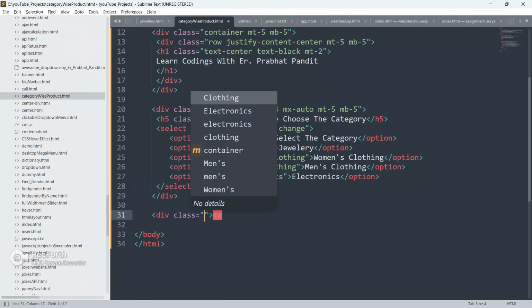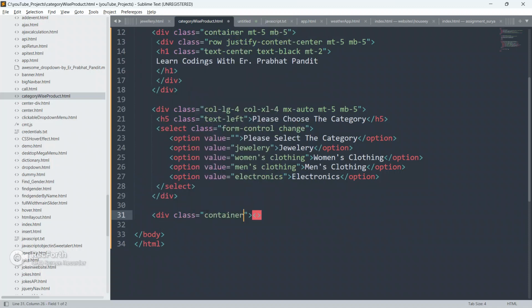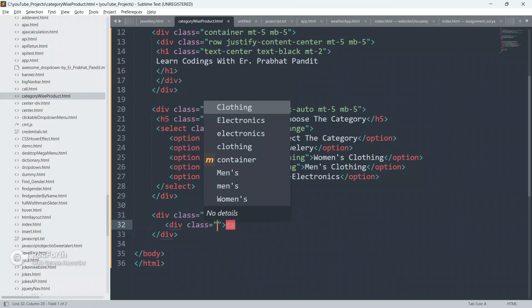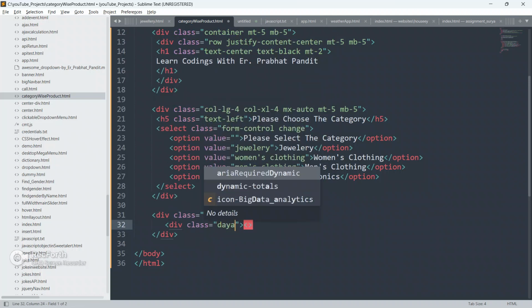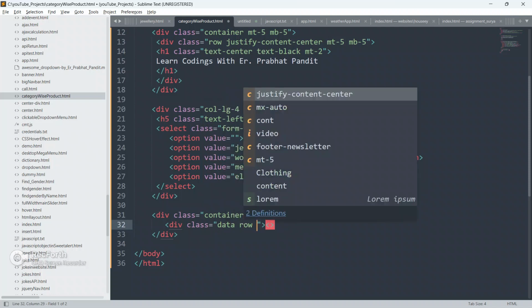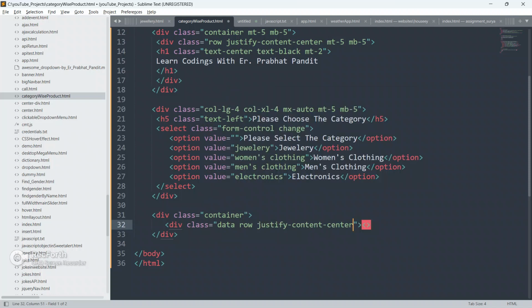Okay, so inside this div, guys, create another div, give it a class as container, close this div, and inside this div, guys, create another div, give it a class as data, and row, justify content center, and give id also as data.